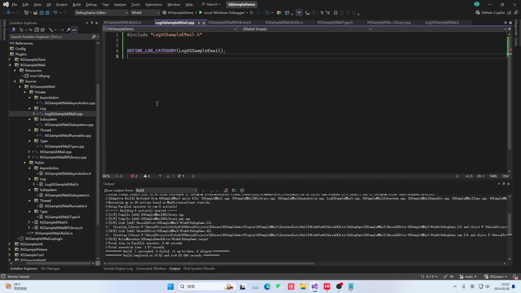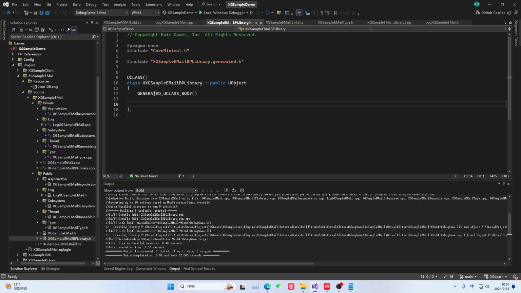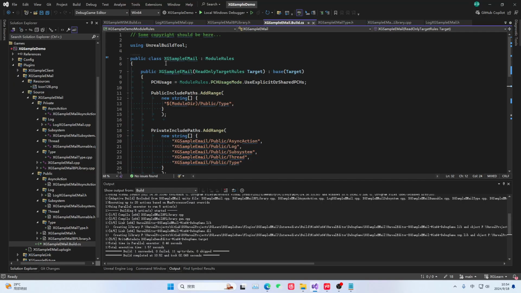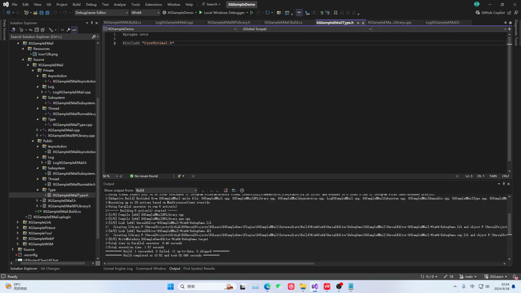Okay, then you can see that these are all red lines, right? If you feel uncomfortable, you can refresh the project. Okay, we will refresh the project here. You can also refresh yours. Otherwise, when you include this module later, if you haven't refreshed the project, some things might not be properly imported. Okay, then we will just give the definition here. This is also quite simple. Then here,